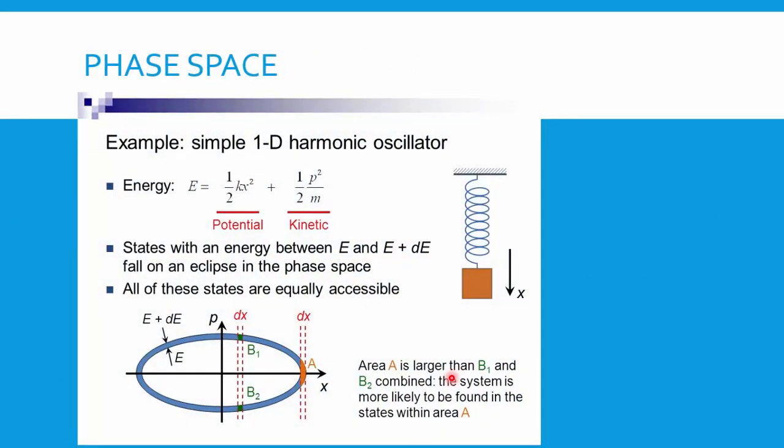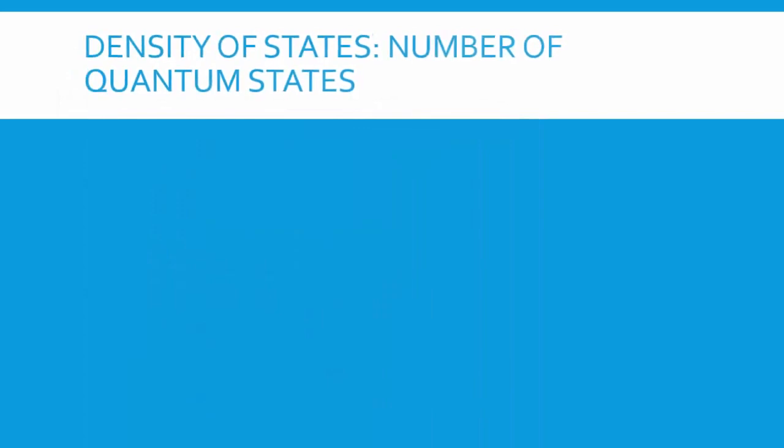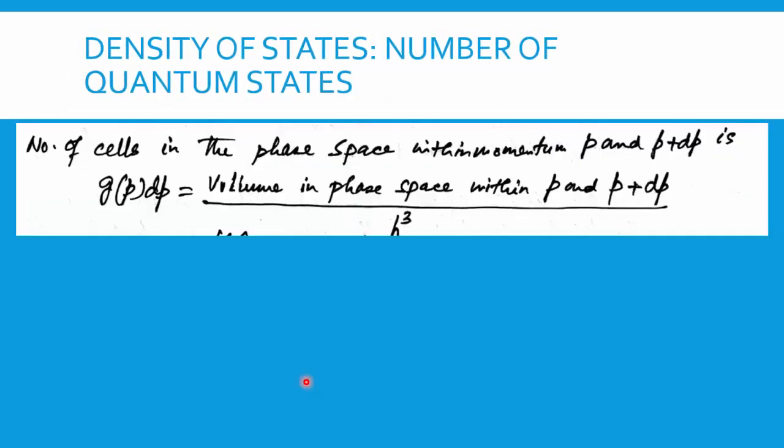Now again, coming back to this example of phase space, if you just consider the area of it, because in the next problem I'm going to discuss density of states. Before I discuss the density of states, if you are asked to calculate the volume or area, you consider this part, where dx is the thickness and p is the length, so you can calculate the area. You need to calculate the area for one dimension, but for a three-dimensional one, the density of states is calculated based on this